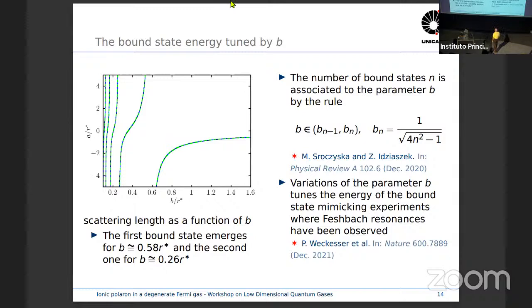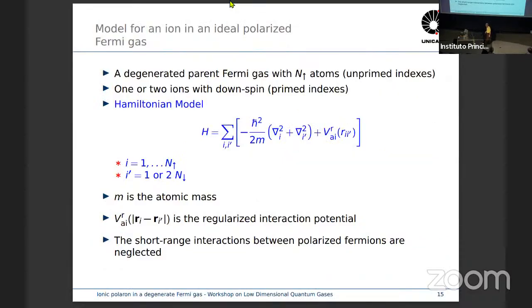The number of resonances that we have here can be found through this expression here. And the numerical values that we have for the resonance is 0.58 R star, the second one at 0.26 R star. And variations of this parameter B tune the energy of the bound state, mimicking experiments where Feshbach resonances have been observed. The model that we use to describe this system is given by this Hamiltonian, where the first